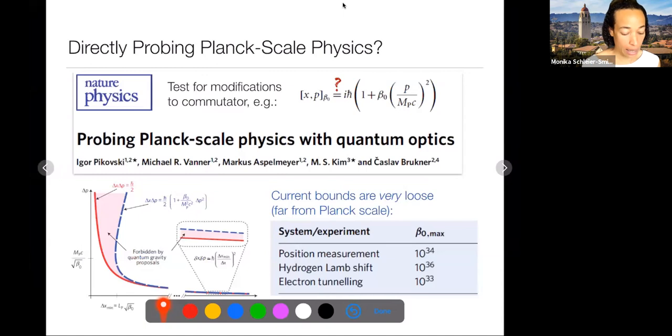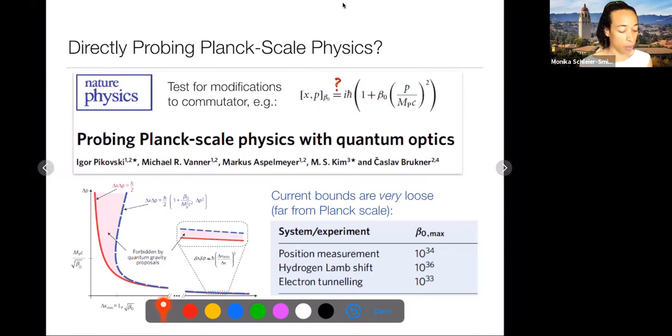I said it backwards, sorry. This beta parameter being large means you would only be able to detect an extremely large modification. So to be able to detect something on a natural scale for Planck scale physics, you would want this beta parameter to be order 1 and be sensitive to it. Okay, and so roughly this is a modification to the commutator, and would also be some modification, of course, to the